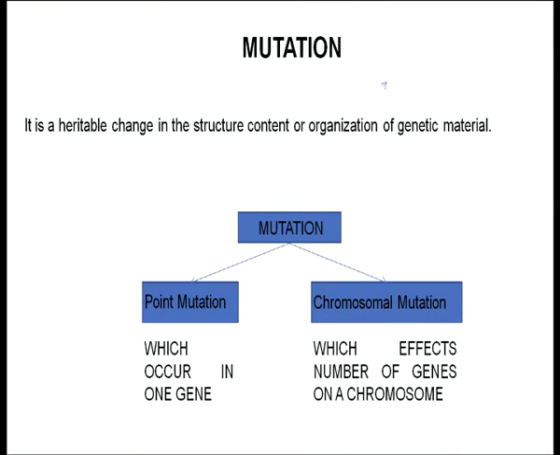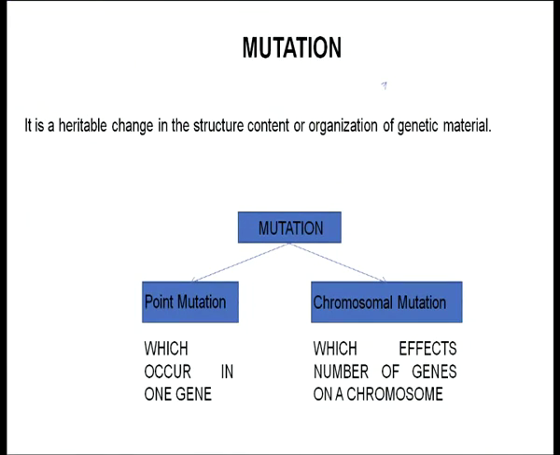What is mutation? Mutation is a heritable change in the structure, content or organization of the genetic material. What is meant by structure and content is, now it is very clear to you that DNA is made up of bases and ultimately these bases will tell what will be the structure of a polypeptide chain that is formed. And if there is a change in the sequence of these bases, it will ultimately result in a changed structure of the polypeptide, or we can say either an abnormal protein or no protein will be formed.